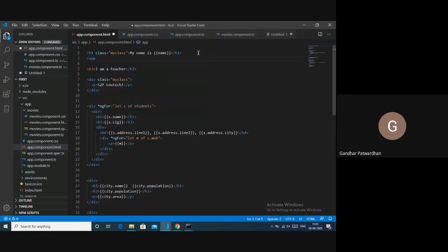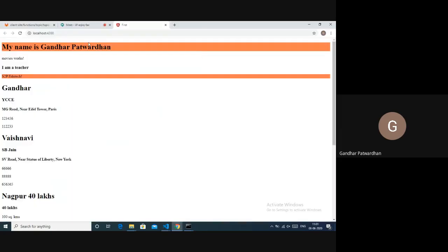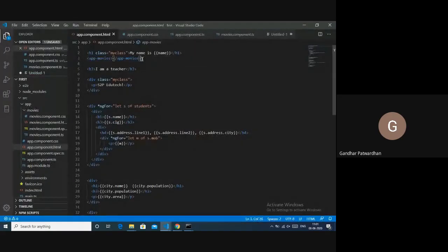I'll say app-movies. I'll close it as well and I will save. Now let's see what happens. What you got here is movies works. So that is how we displayed our component. Now what I am going to do is remove everything from here.